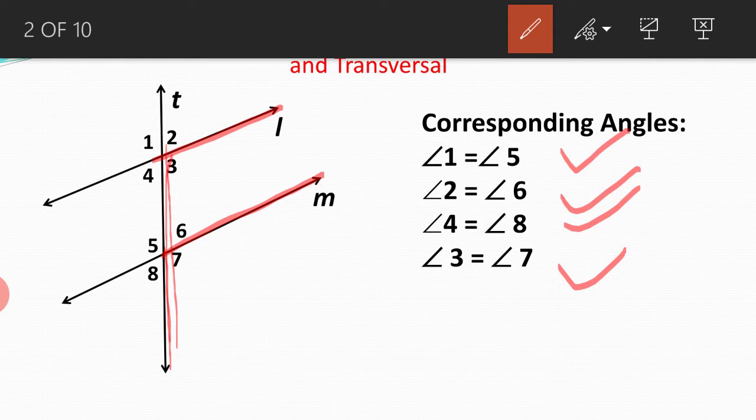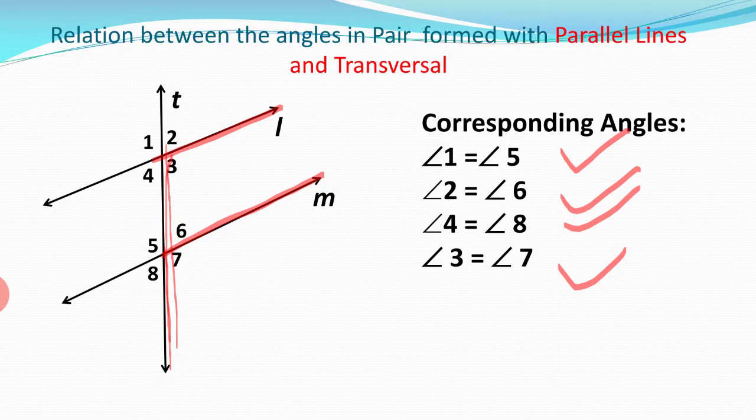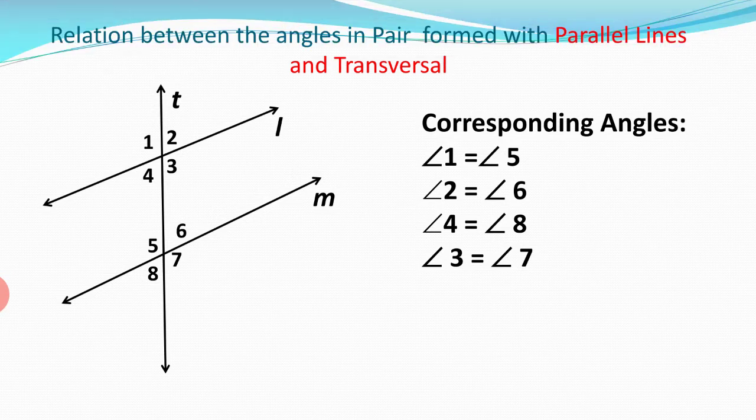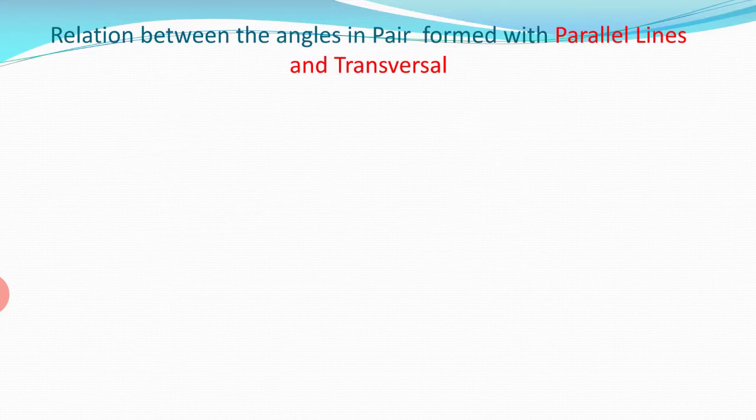Children, in geometry when we learn figures, the best technique to understand a figure is tracing the figure. Without tracing, you cannot understand that diagram very well. Is it okay? So when we trace the figure, if we come across an F shape, and if the condition of parallel lines is given, then you can use the property that corresponding angles are equal. Okay, then you must be recalling now the remaining names of the pairs. So next is alternate interior angles.